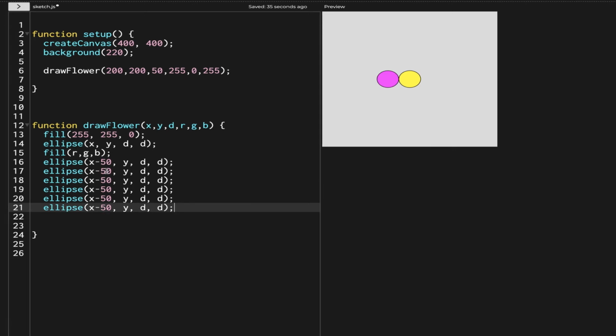Now we just need to change the values. On the left hand side it is -50, so on the right hand side it should be +50. And now to go up, let's try